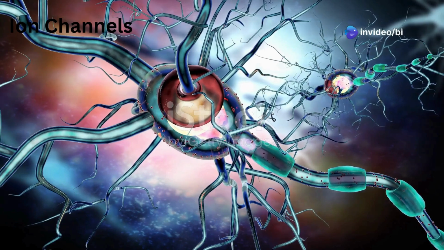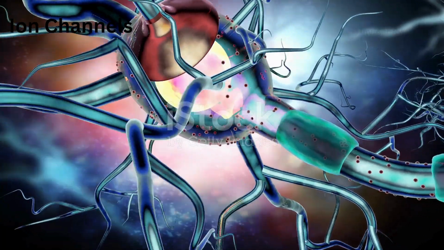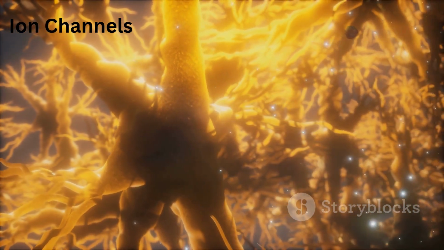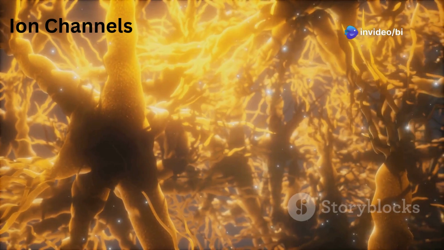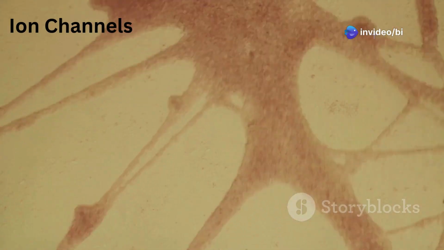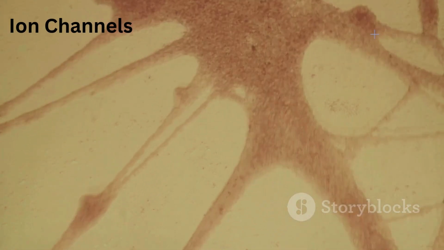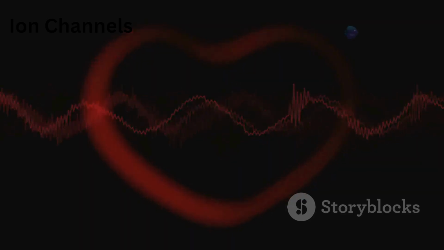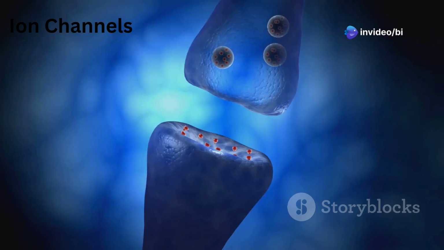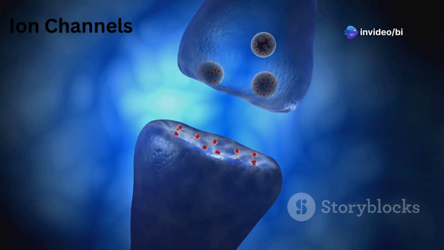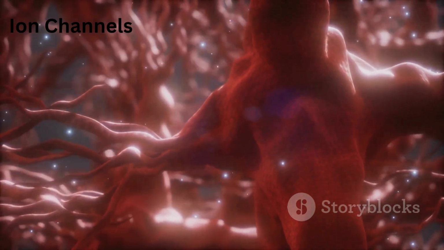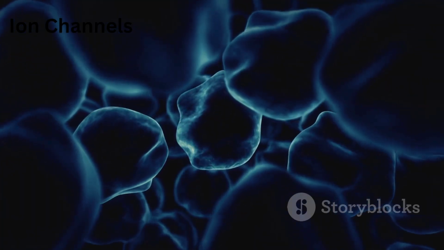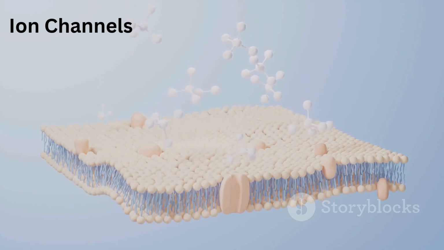Ion channels play critical roles in a wide range of physiological processes, including nerve impulse transmission. Voltage-gated sodium and potassium channels are essential for the generation and propagation of action potentials in neurons. Muscle contraction. Voltage-gated calcium channels trigger muscle contraction by allowing calcium ions to enter muscle cells. Regulation of heart rhythm. Ion channels control the electrical activity of the heart. Secretion. Ion channels are involved in the release of hormones and neurotransmitters. Sensory transduction. Mechanically gated channels in sensory receptors convert physical stimuli into electrical signals, maintaining cell volume and osmotic balance. Ion channels help regulate the movement of ions and water across the